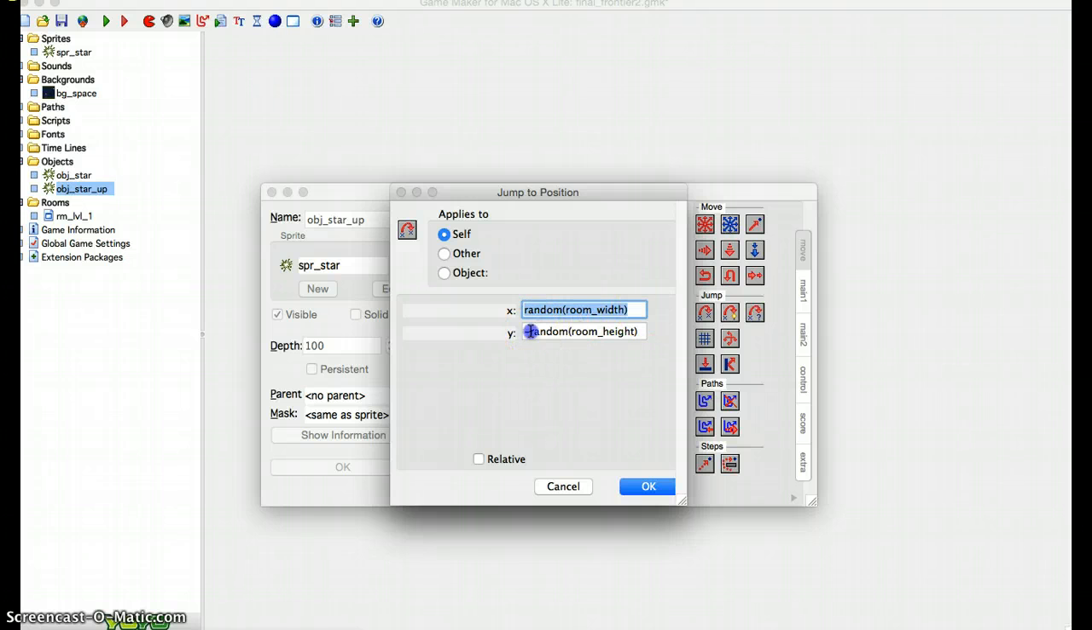But here we want it to go above the room. So we want to say random the room height, but we have to add on some amount. Now here, if we only picked a random variable between 0 and the room height, then it could appear right in the middle of the room. So what we need to do is add on another amount so that we can guarantee that it's always outside of the room, but at a random amount. So if we just